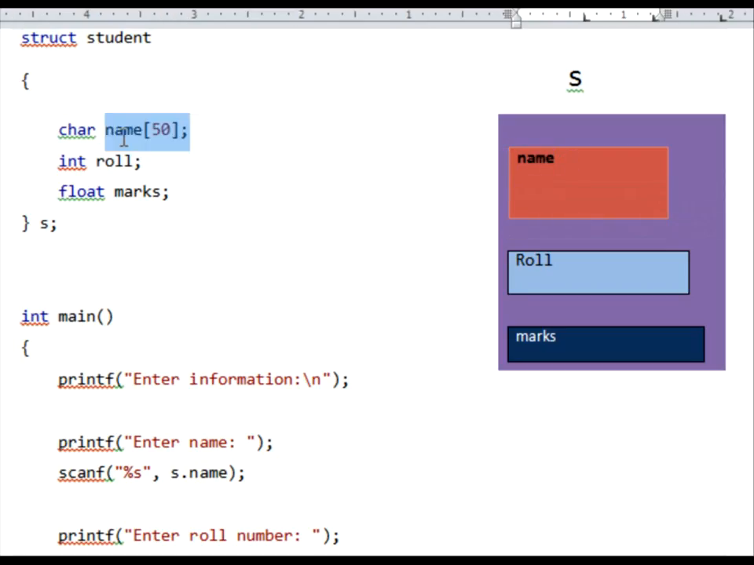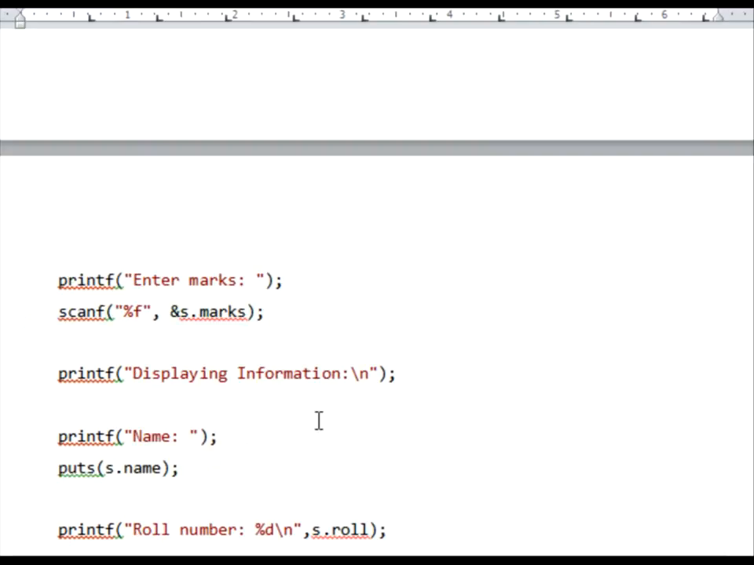So I have declared a name which is a character array, so some memory gets occupied. What amount of memory gets occupied, we will see in the next question. I have also declared a roll number, so it also occupies some memory, and the marks, it also occupies some memory as it is a float. And the next thing we're going to see is